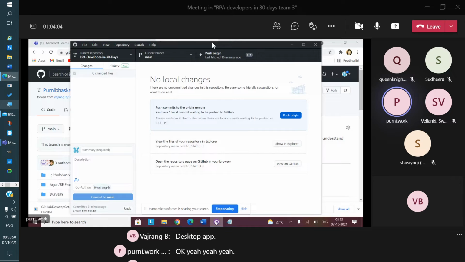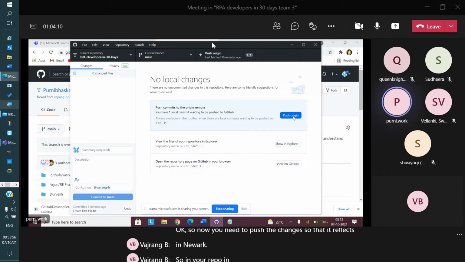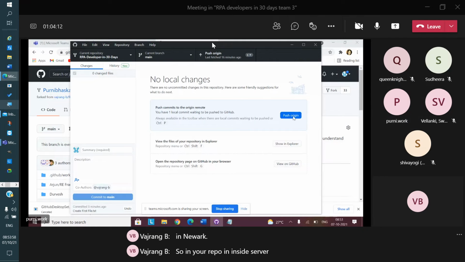So now you need to push the changes so that it reflects in your repo inside the server. Okay. Push to origin. Yeah, hit on push to origin. Yeah, I have pushed. It's saying fetching.